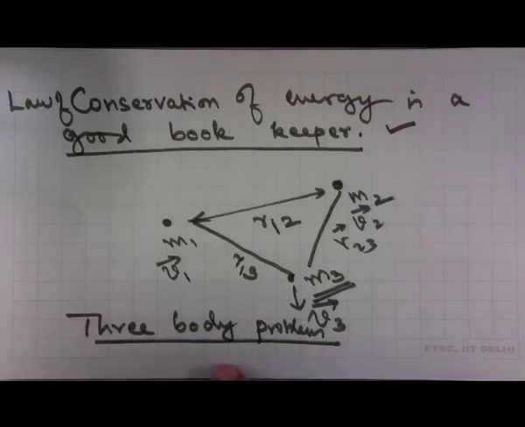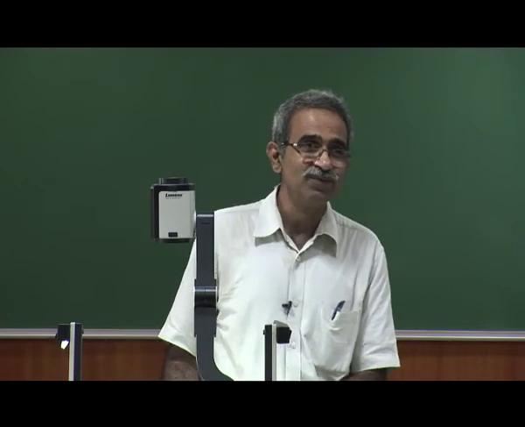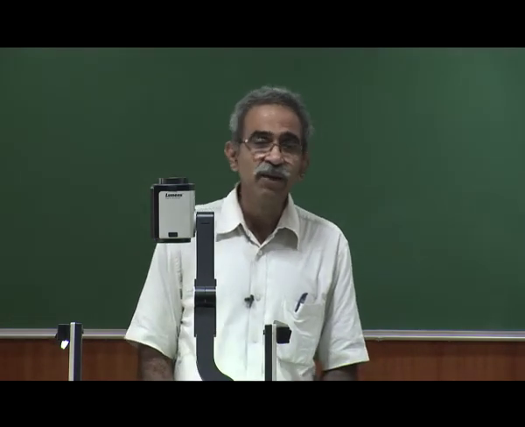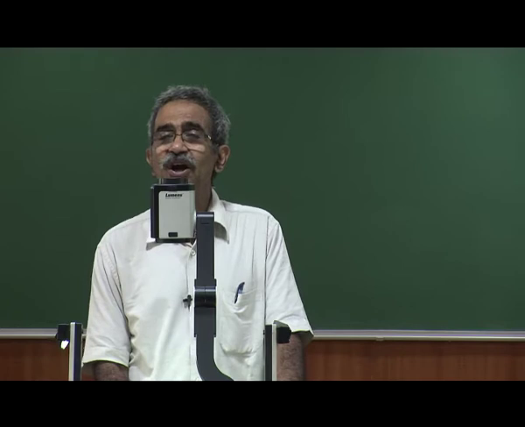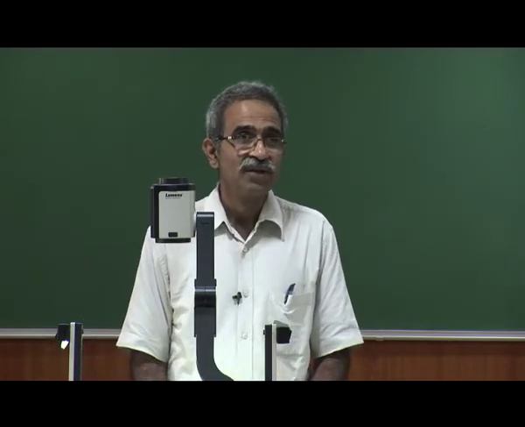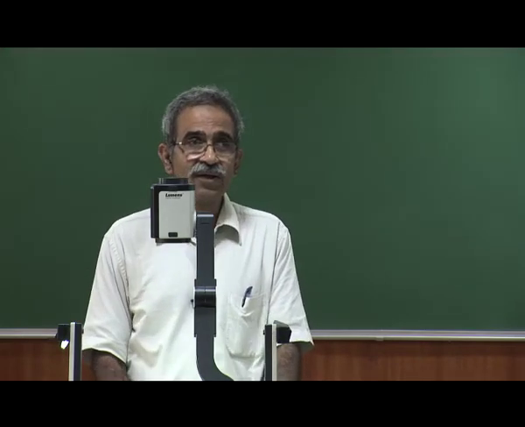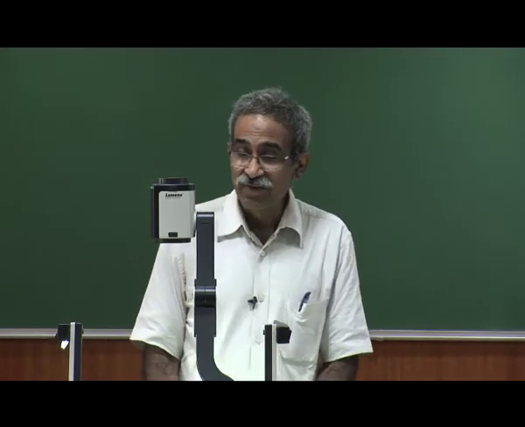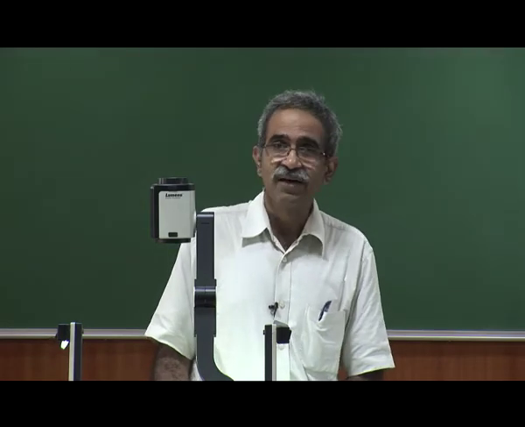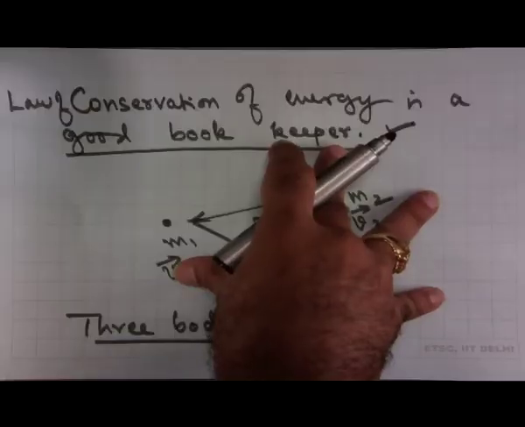And mathematicians and physicists spent centuries trying to solve this problem. They tried many techniques. Whatever you do, you are not able to get solutions which are stable. That is, if you make a small change in your initial position or velocity, you would not be able to predict what is going to happen later. This was a big problem until the end of the 19th century, when Poincaré actually conclusively showed that it is impossible to solve this problem.